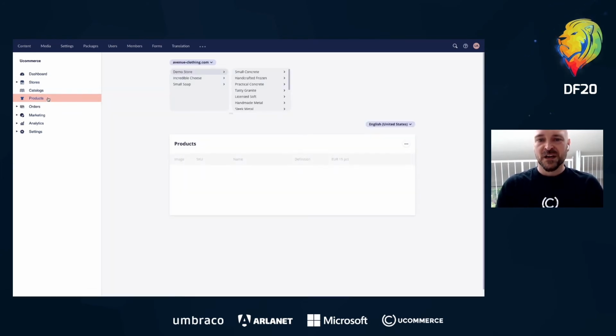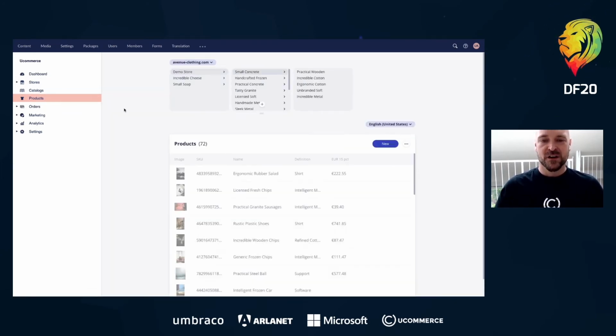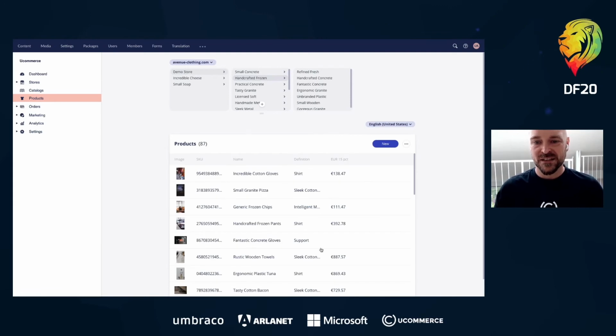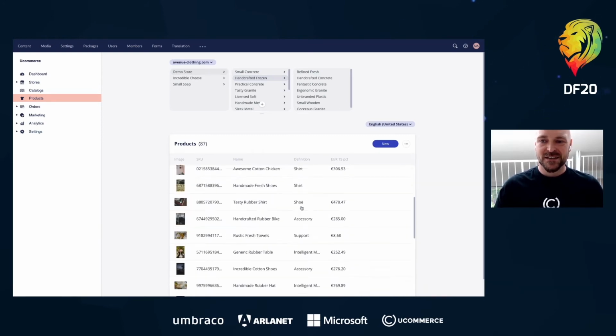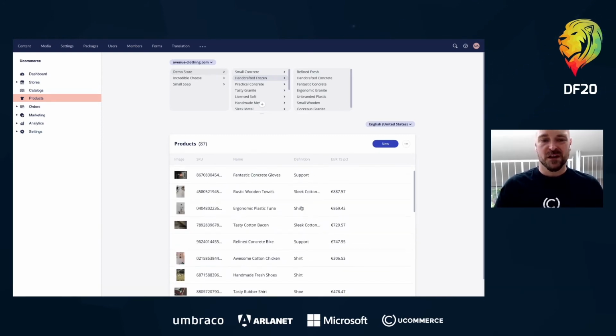Another thing, real quick here, is an example of lists within the platform. So in e-commerce, lists are incredibly important because everything is a list. When you're dealing with 1 million products within your backend or on a website, you can't really do anything but a list. So of course we went ahead and created a nice list that powers everything within Ucommerce.